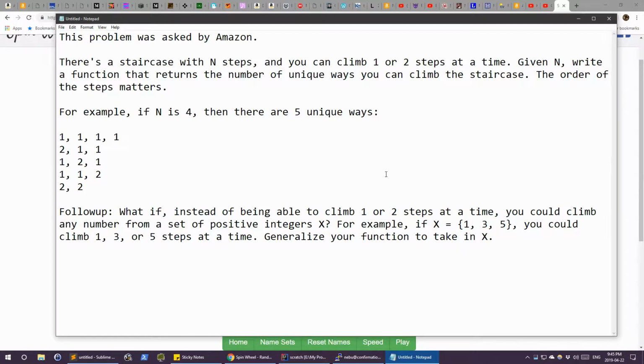I think this seems like a pretty straightforward problem. We're going to skip straight to the follow-up because the follow-up is a perfect generalization of the original problem. If you can solve the follow-up, you can solve the original problem just by passing in the set of 1, 2 as your x here. So we're going to go straight for the follow-up, and the general strategy is, okay, you start with n, and